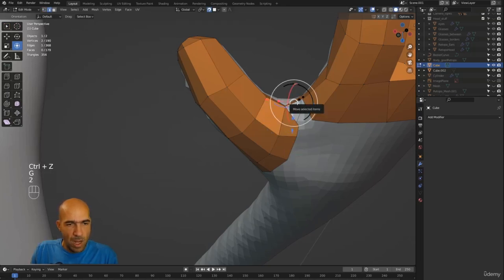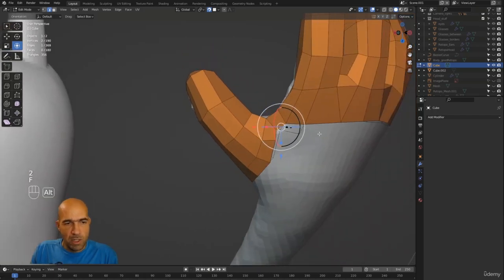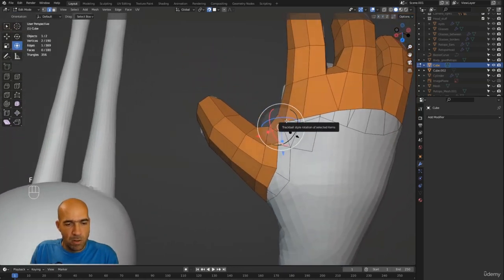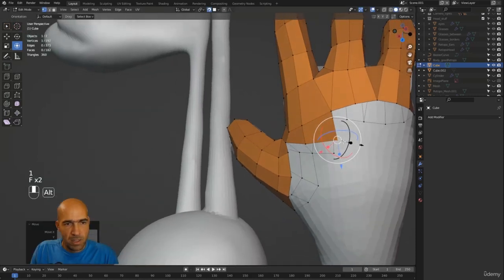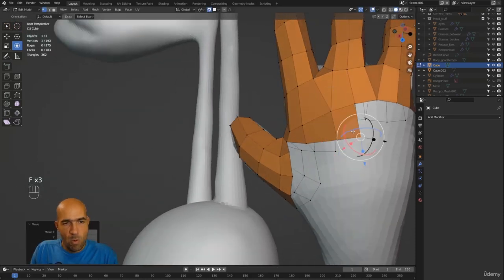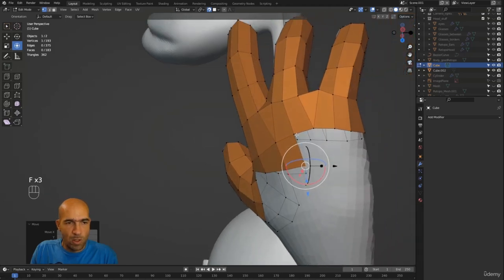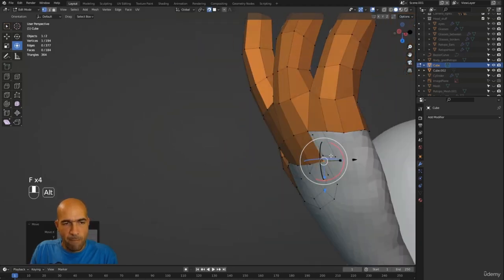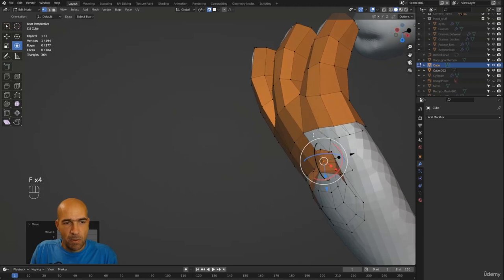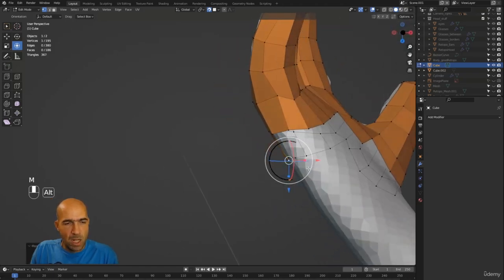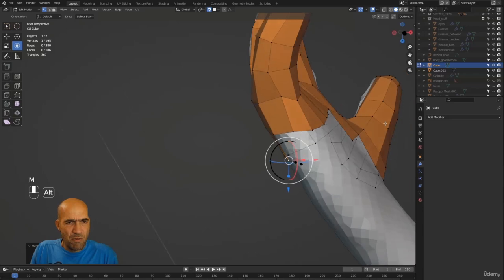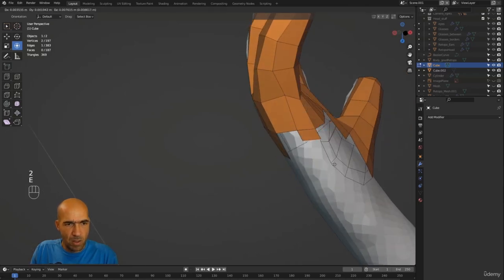Go to 2, I constantly change between vertices, edges, you know, and faces if I need. But to know where to change, of course you have to know what to do, and if you watch me and listen to what I've said, probably you know already what you need to do most of the way. I will connect those at the last, yeah, no problem, because Blender remembers most of the time what we have done